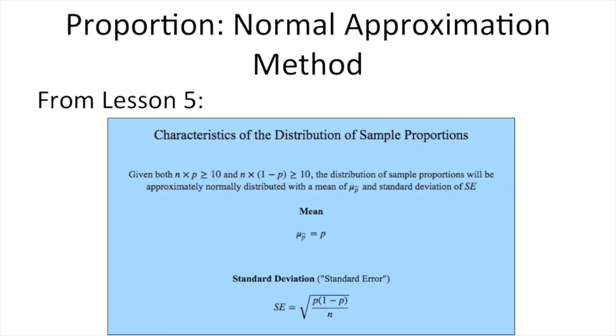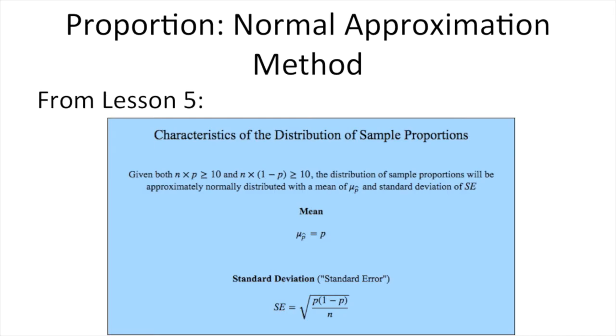Recall from Lesson 5, given that n times p and n times 1 minus p are both greater than or equal to 10, the distribution of sample proportions will be approximately normal. That distribution of sample proportions will have a mean that is equal to the population mean, and a standard deviation, also known as the standard error, that is equal to the square root of p times 1 minus p divided